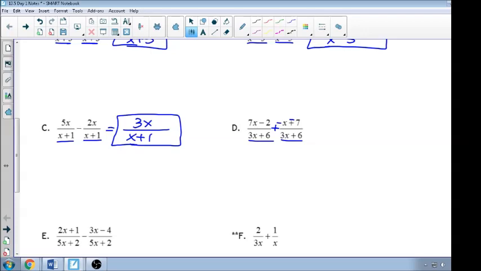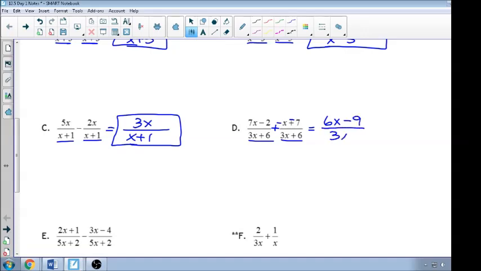So I changed my middle sign to addition, and I changed all the signs after it. What that does is force me to understand that that 7 is supposed to be negative. A common mistake is people will make the x negative, but they won't make that 7 negative. So now my denominators are the same, 3x plus 6. I'm going to take 7x plus the negative x, so it's really 7x minus x, which is 6x. And I'm going to take negative 2 plus negative 7, so really that's negative 2 minus 7, or negative 9,